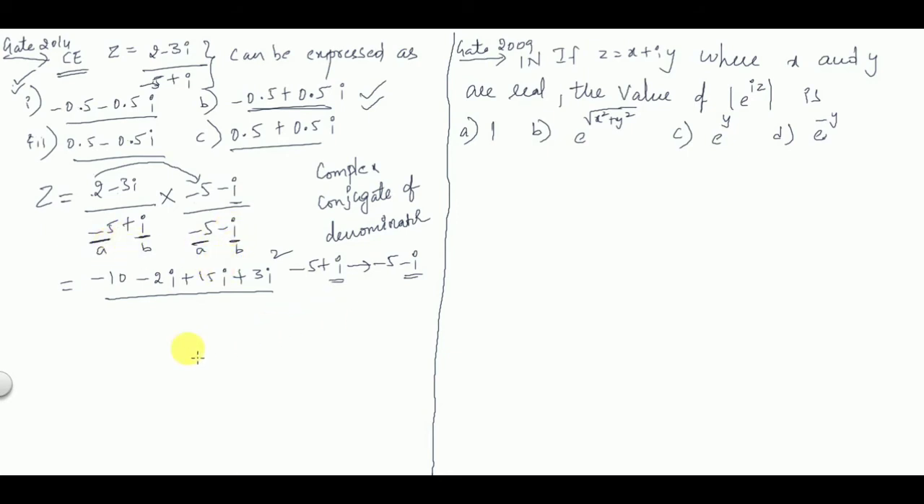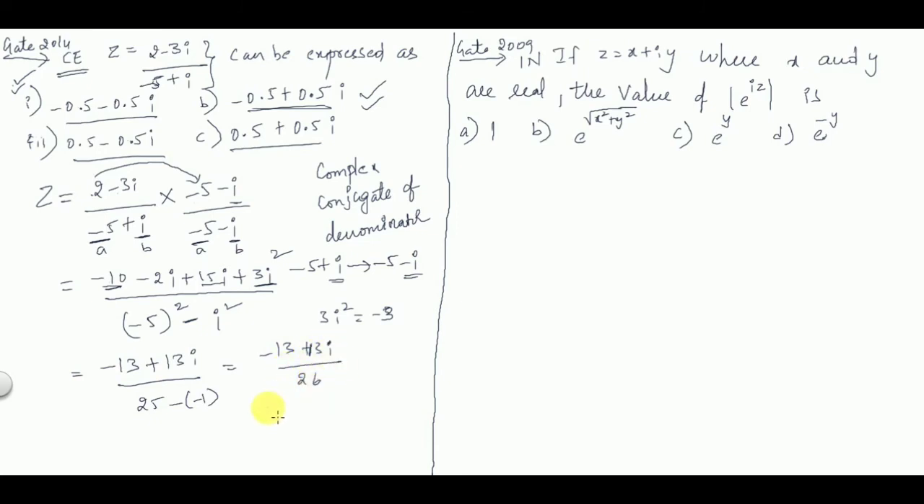So a plus b into a minus b is a square minus b square. a square is minus 5 whole square, minus b square, and b square is i square. Okay, so this becomes 3i square, and 3i square is minus 3. So minus 10 is there, and this is minus 3, so it will be minus 13. Okay, so 15i minus 2i is plus 13i, 15 minus 2 is 13. Right, this is 5 square is 25, minus of minus 1, so it will be minus 13 plus 13i